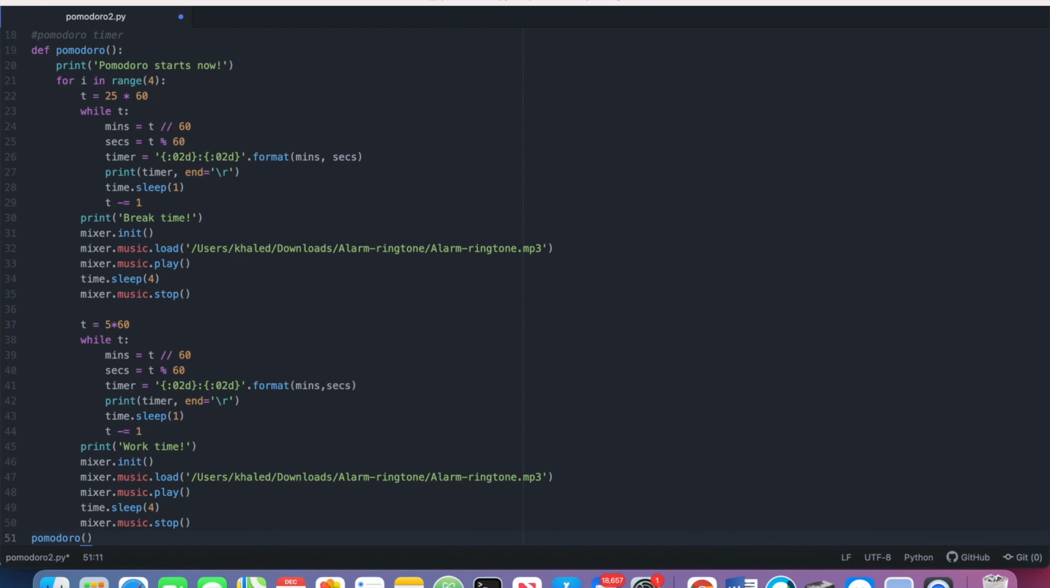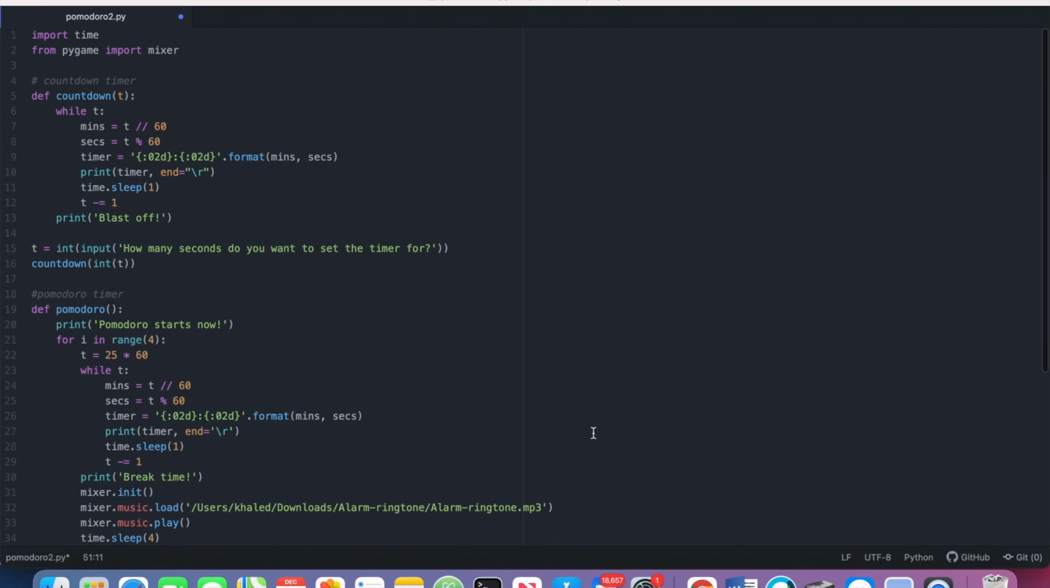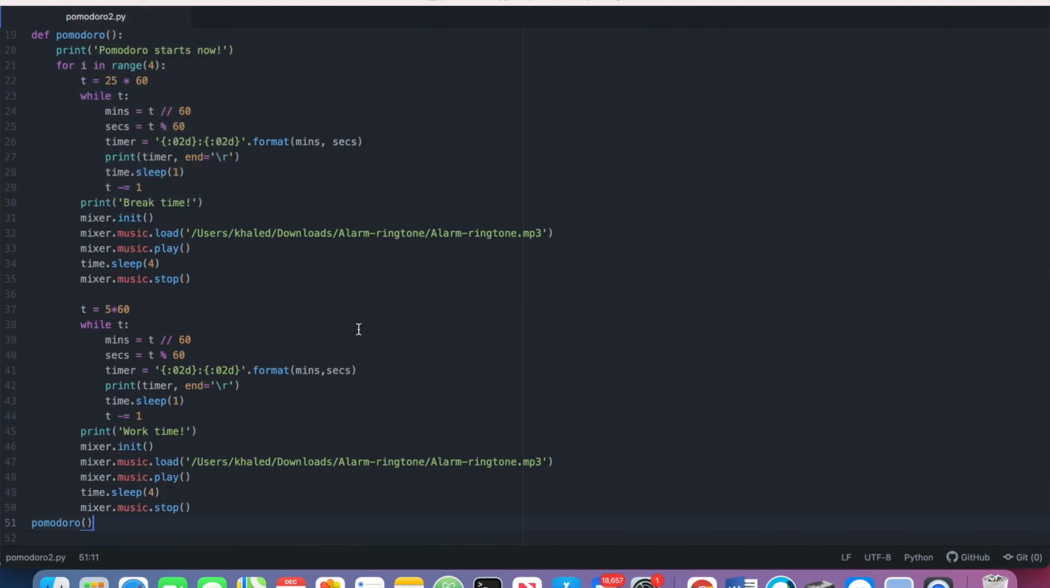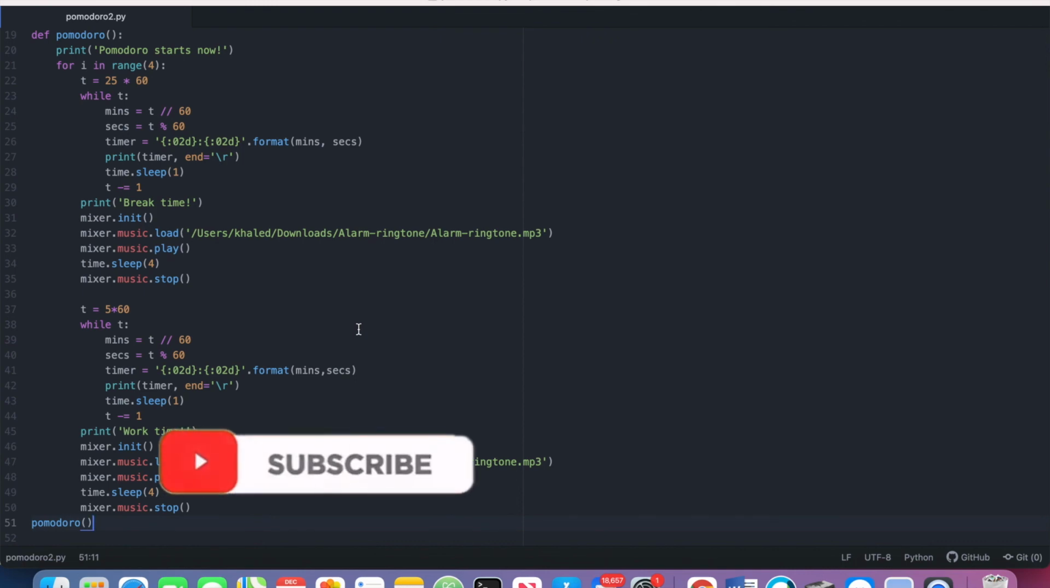We've just made the timer, and I hope you've enjoyed this tutorial. You could just use it in your own time. You're just going to have to save it, and whatever you use to code, you just need to run it there, and it works